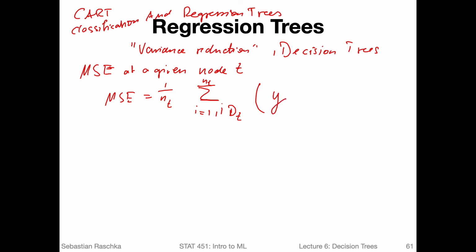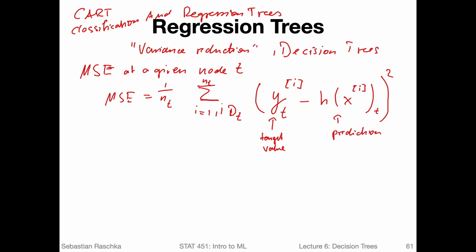So D is the data set. And for all these data points we compute the class label, or no, sorry, it's not a class label, it's actually a continuous label because we are in regression now, for the ith data point. So this is the target value minus the model prediction. So H is our model, and then the model takes in the feature vector for the ith training example, and that is of course for the tth node, and then we square it. So this is the mean squared error, because we just compute the difference between the target and the prediction at the given node.